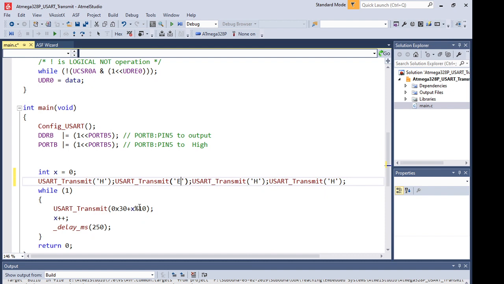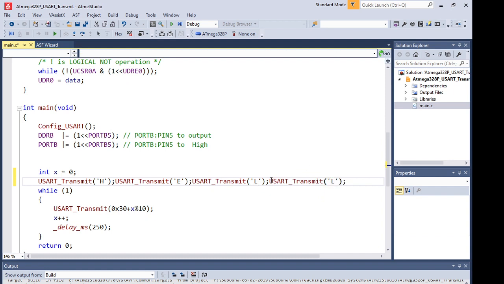Each one is a character. Since I want to send a number, I'm sending this using 0x30 plus something, because I don't know what the number is. But if I know exactly what I'm going to transmit, I can just transmit it directly as a character. So H E L